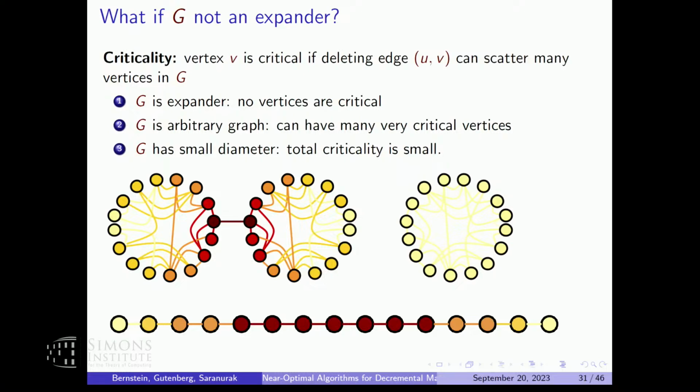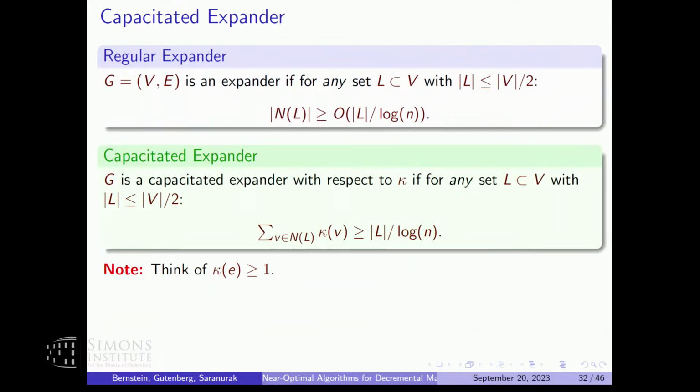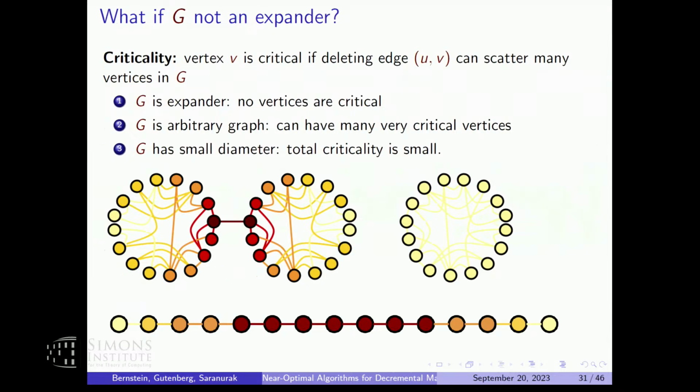So I'm going to skip everything, but basically you define a notion of a capacitated expander. So now you're an expander with respect to capacities. And the main difference is now capacities are bigger than 1. So you're basically saying, if I count these vertices as n vertices, then if I look at this cut, I have n over 2 vertices on this side. I have only 1 vertex on this side. But if I count this vertex as having multiplicity n, then it's still technically an expander. So we're basically saying, can I increase some of my vertex weights in order for things to be an expander?